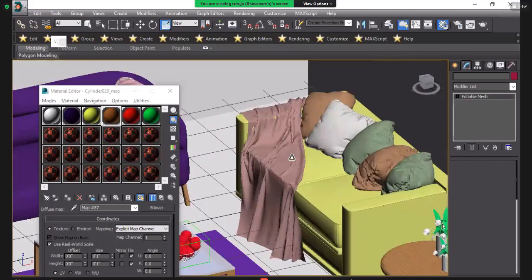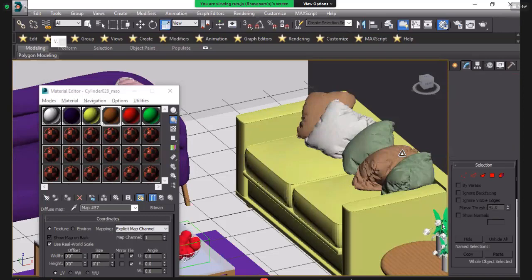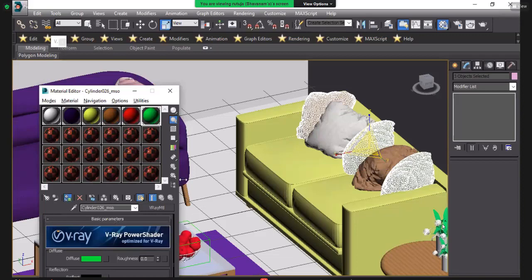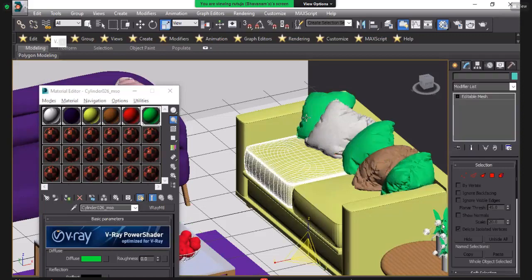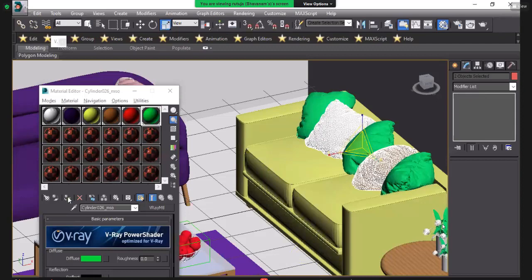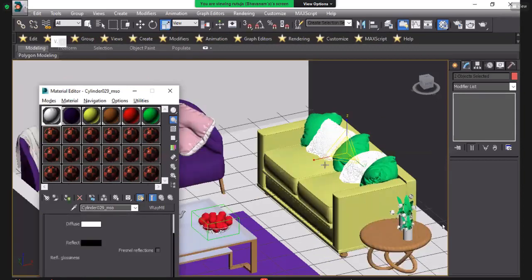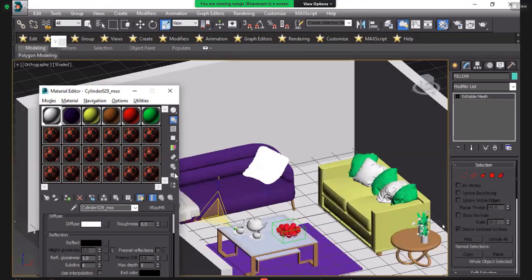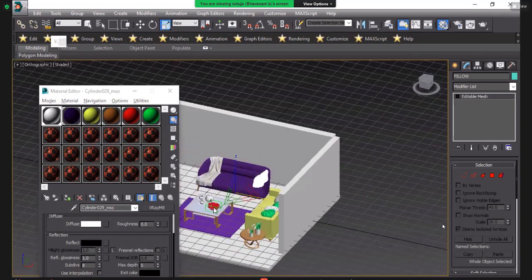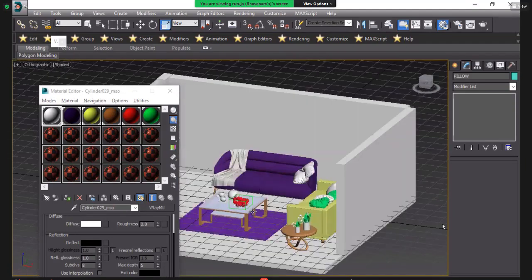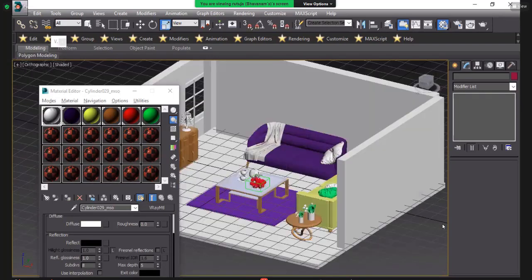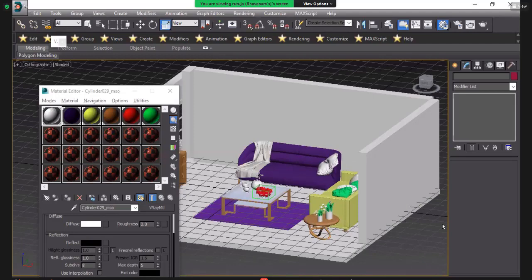Go in your box. I will delete this. I will change the pillow cover and I will make it yellow. It will be white. I will be taking this color here. Yeah, this is our model. So tomorrow we can do the remaining work here because it's too late and you can get bored also.